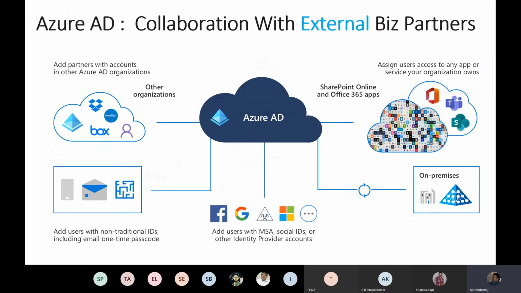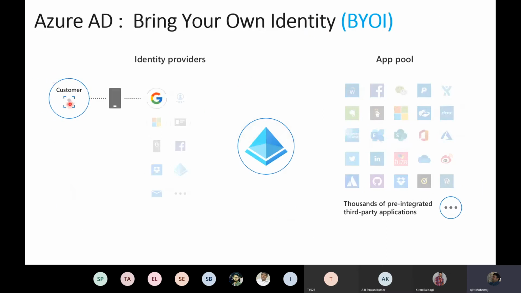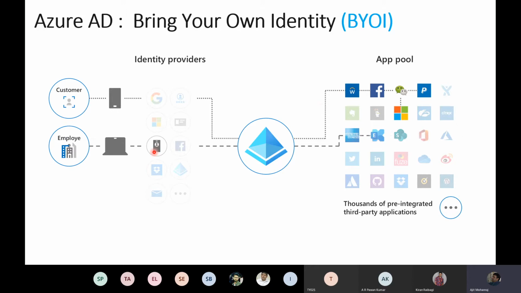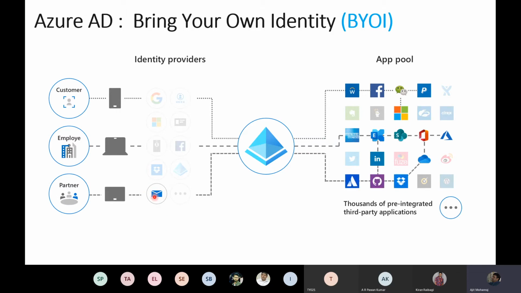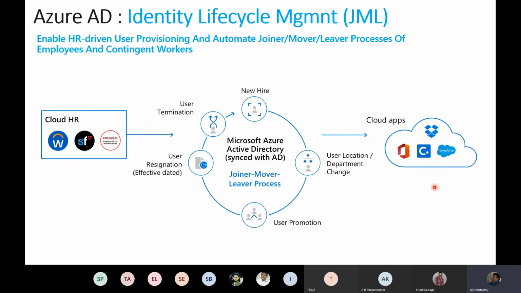It is absolutely a single sign-on, and especially with external business partners, I can tell you don't come with only my password. You come with whatever credentials you want, right? So for example, if you are a customer and you've got a Google password and you want to access, because I want you to connect with me, collaborate with me, I'll give you access to these. Or if you're an employee and you're using the Microsoft Authenticator app on your mobile, well, I can give you access to all of these applications and so on and so forth. If you're a partner and you're using your email password, could be Google or Yahoo, you want to come in, we can certainly do that, right? We can federate that for you. So any apps, bring your own identity, not a problem with Azure AD, right?